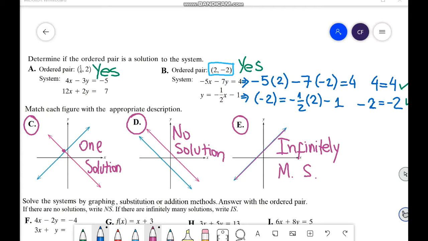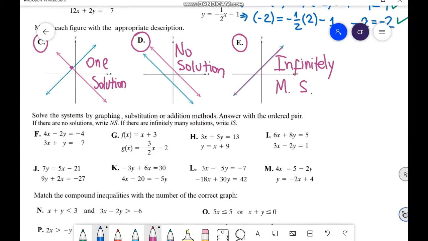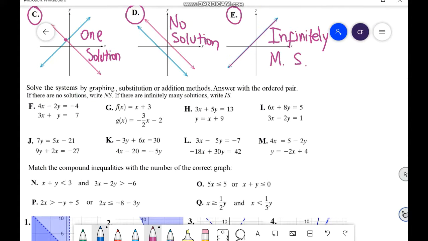That's it. For tomorrow, I will ask the same thing. Maybe I just change the order of the graphs, but it's going to be the same question. Okay? Make sure you notice that tomorrow the order is going to be changed. Just the order. Next